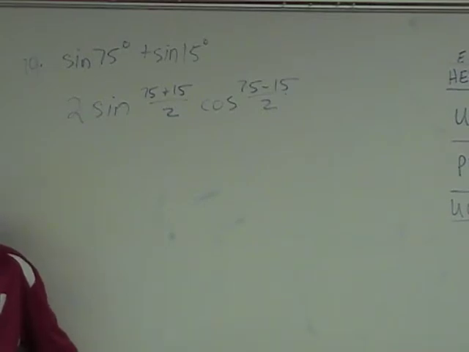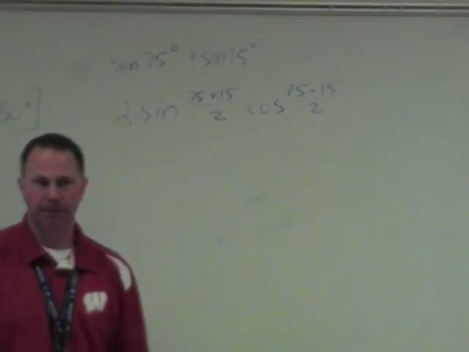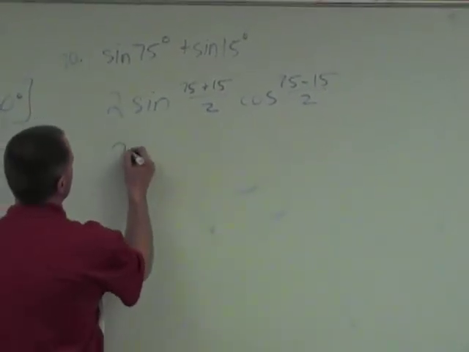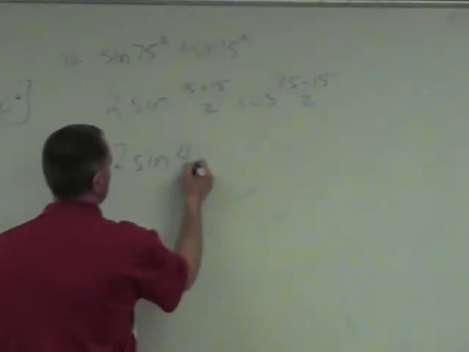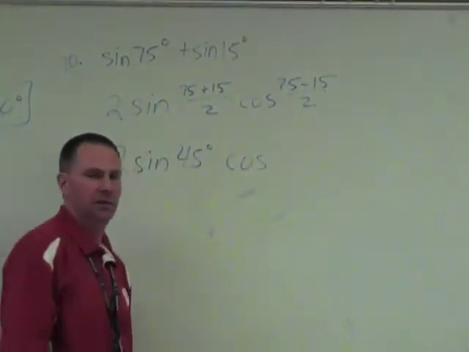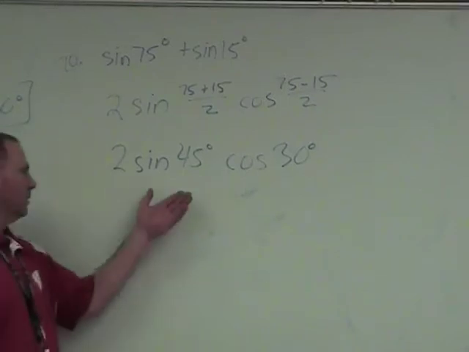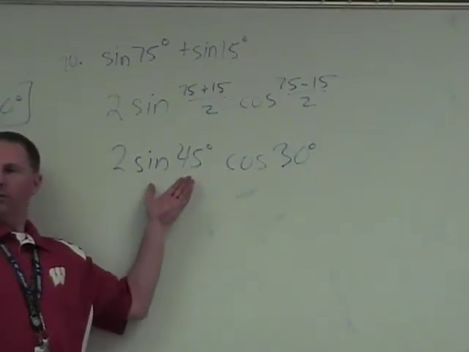Again, this section was all about just transferring into formulas. That's really what it was about. So what's 75 plus 15? What's 90 divided by 2? Okay, sine of 45 degrees, we know. What is 75 minus 15? 60. What's 60 divided by 2? 30. And we know these values. Again, the y value at 45 degrees